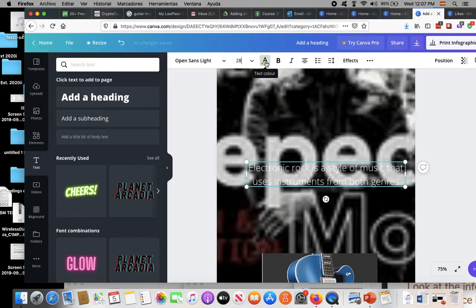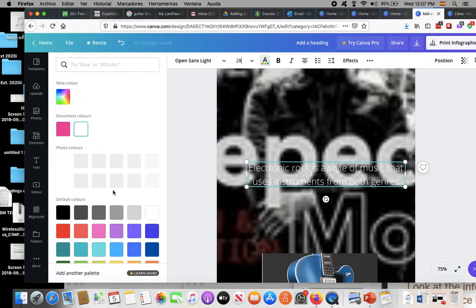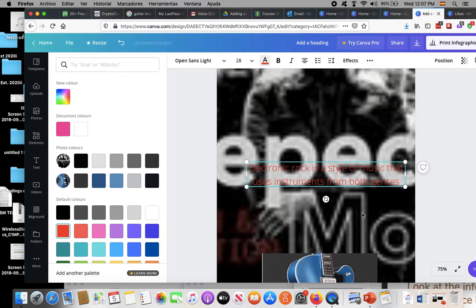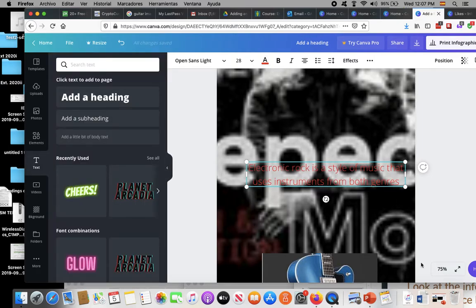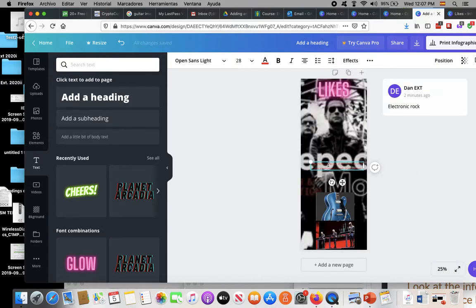Let's make that red maybe, I don't know. Does that make it better? A little bit. Okay, and let me put it a bit smaller again so I can have another image. Okay, well I'm going to drag this down and I'm going to have it over the instruments. Now you can't see it very well. One thing I could do is I can use this